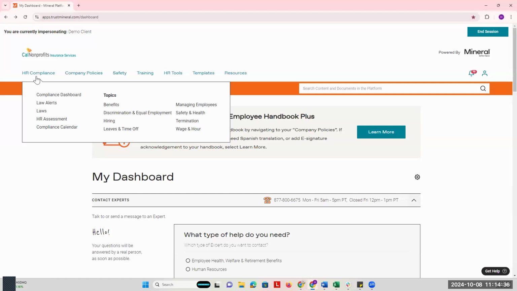So you have a tab. If you hover over it, you'll see that you have within this tab a compliance dashboard, law alerts, laws, an HR assessment, and a compliance calendar. So these are going to be different content pieces for you to dive into